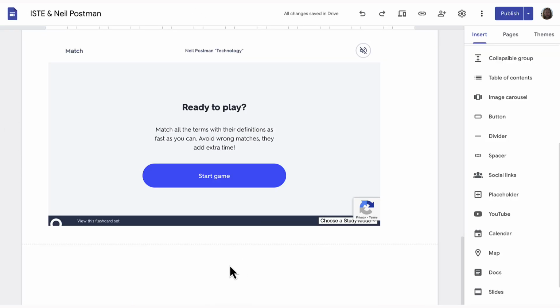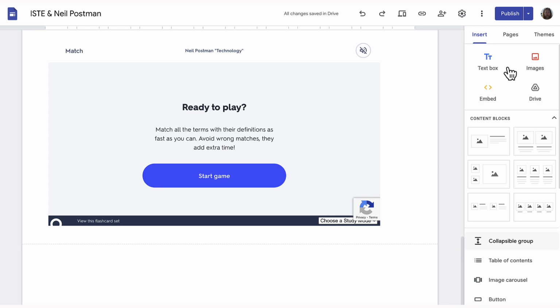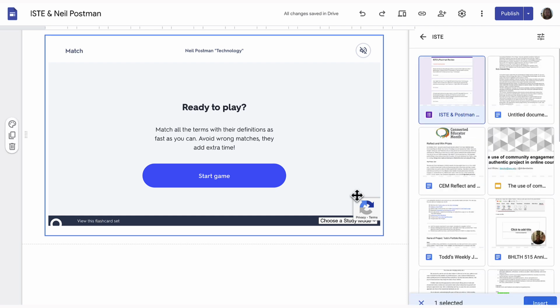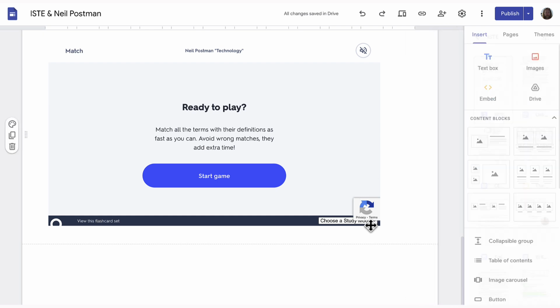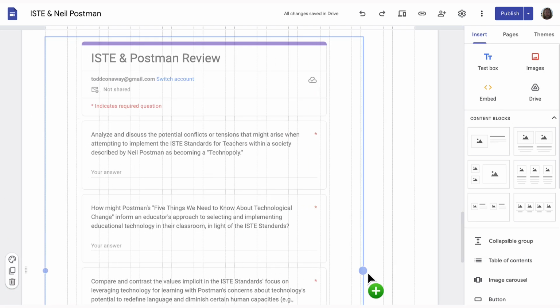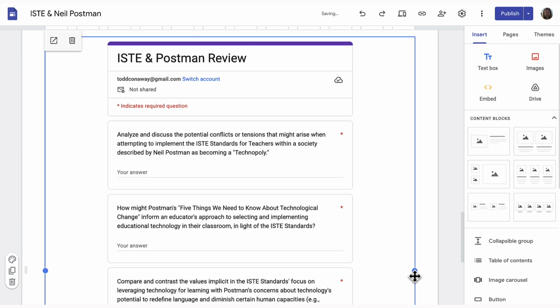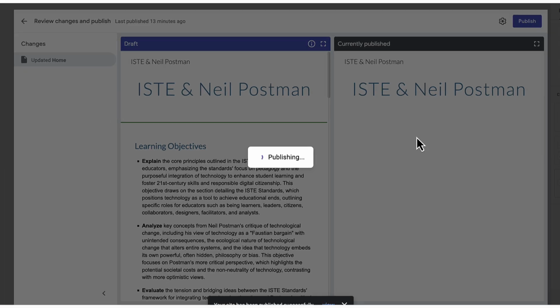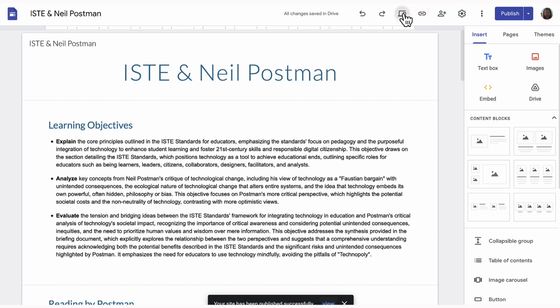I think I can embed that down here with the drive. I'll search for ISTE. Let's see if there's anything here that shows up. Yep, so we can insert this. And I'm going to make this a little longer. So this is information that would come back to me as the teacher of this course. So I'm going to click Publish, save those changes,